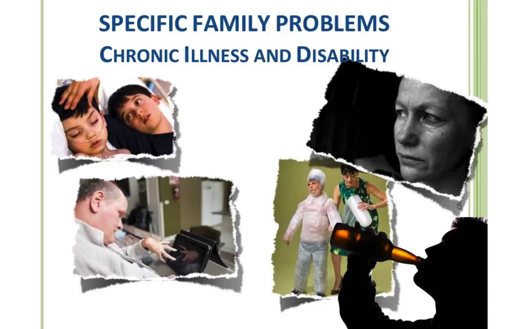In 2006, 14.3% of Canadians had some sort of disability. Developmental delays were the most common among young children, mobility and memory problems among older adults. Chronic illness or disability usually starts in one of two ways: suddenly or over a period of time. As an illness becomes chronic, stressors on the family pile up. And again, this is where you would be using the double ABX model to evaluate what are the conditions in this family to deal with these kinds of stressors.